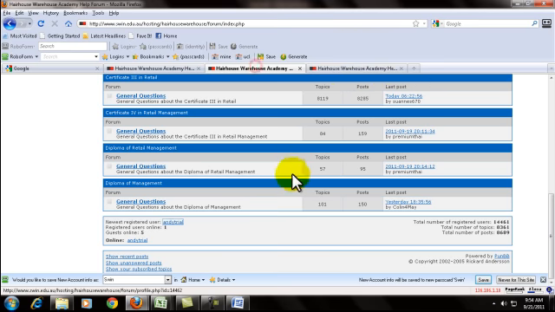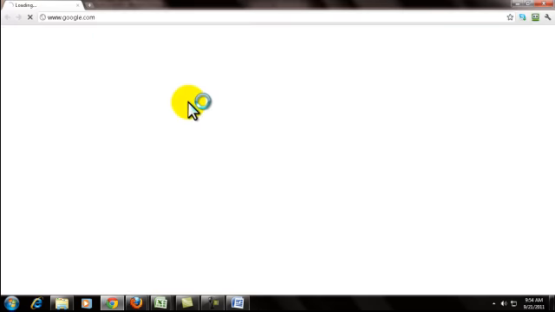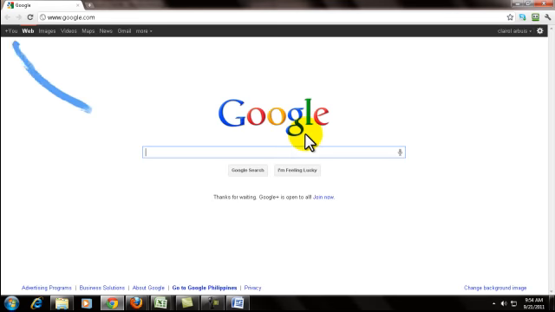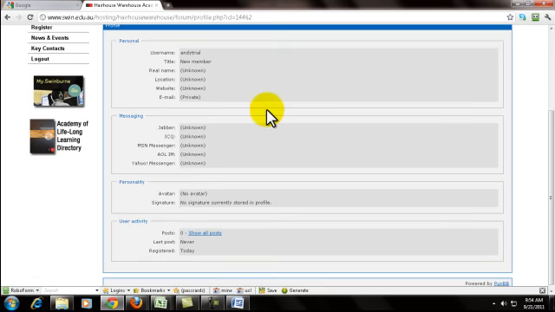When you click on that link, that would be your public URL. For example, I copy this URL, and open it in another browser and paste it. That would be my public URL.